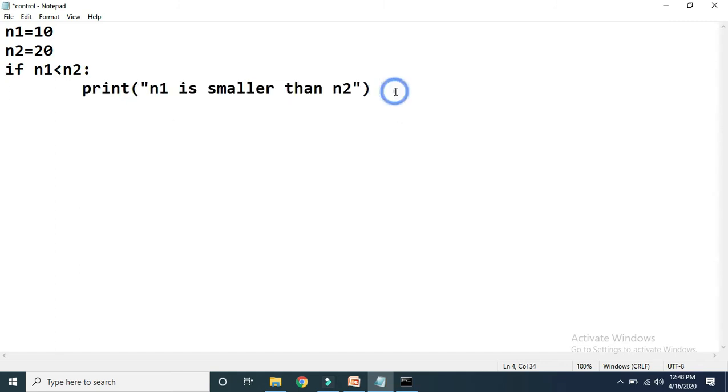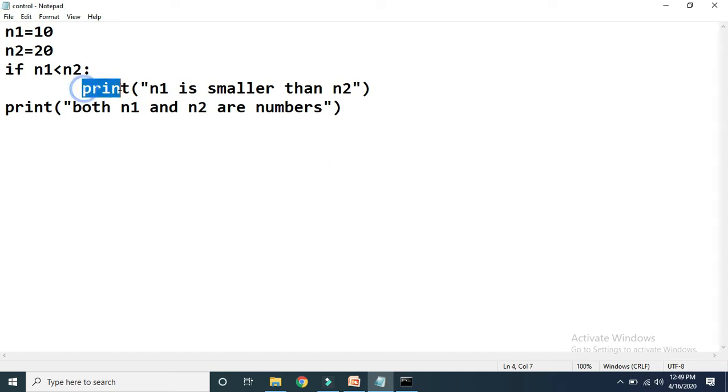Now suppose I want to write one more statement, like this: print, and I want to print that both n1 and n2 are numbers. Now see, what is the difference between this print and this print?